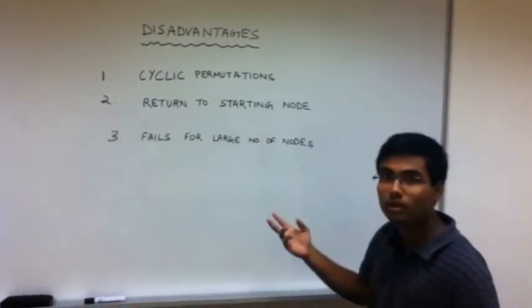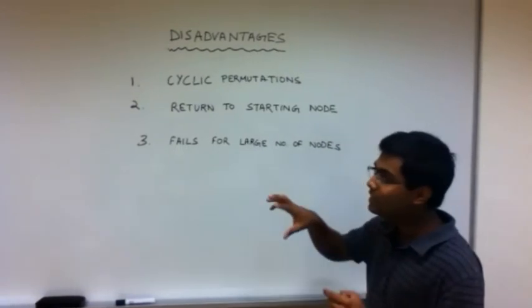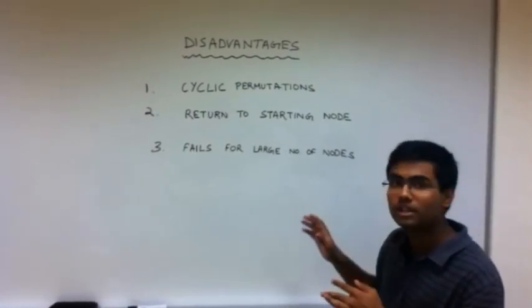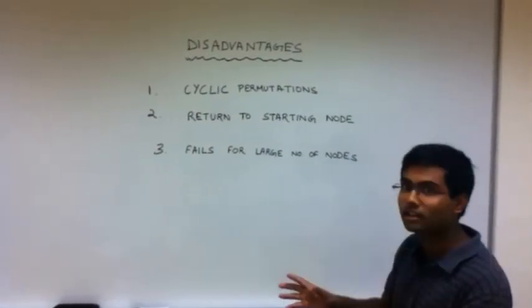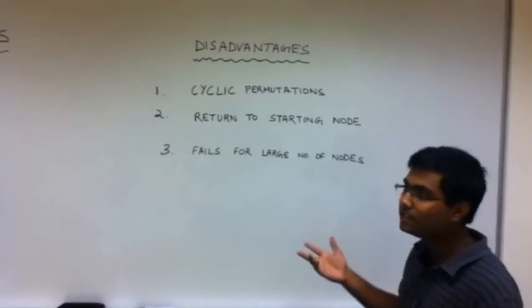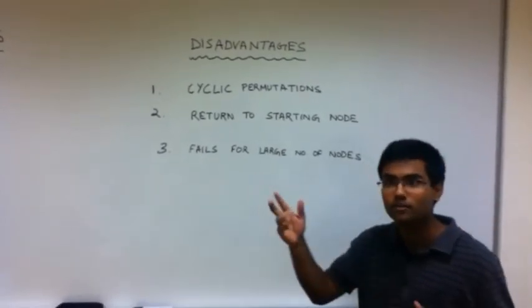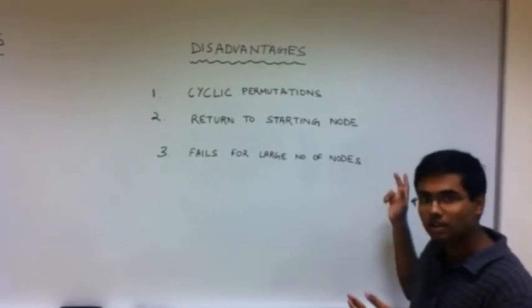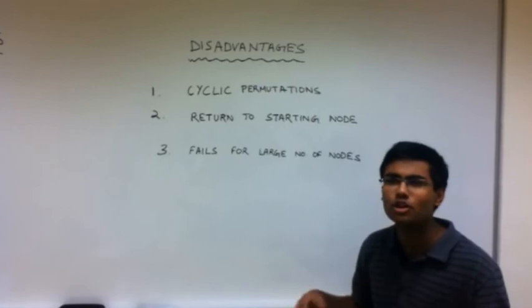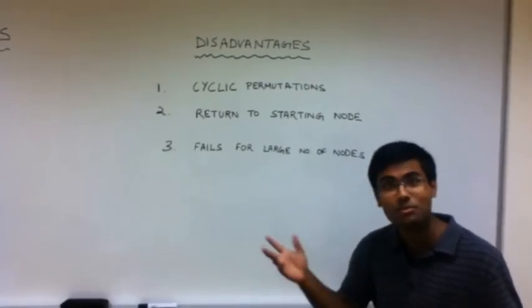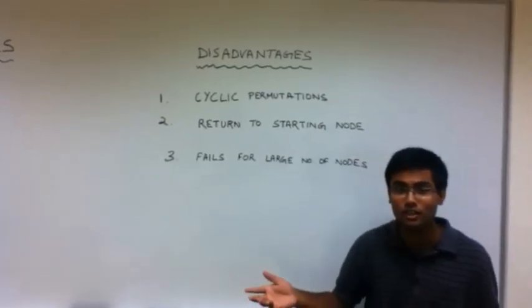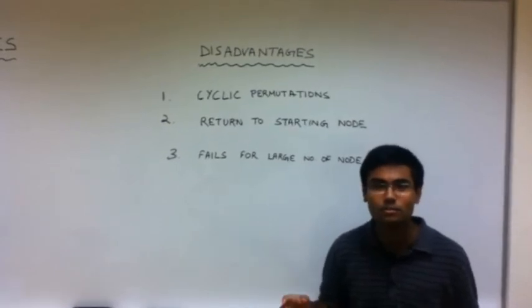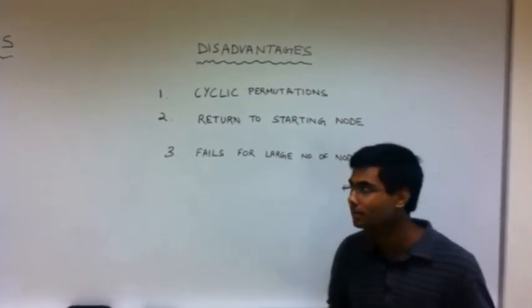The second disadvantage we face is that in the entire discussion of the algorithm, we never mentioned how to get back to the starting node. According to the assumptions we made earlier, all nodes are connected. So what we do is just go from the last node to the first node. Now this is not very optimal, but as we mentioned in the beginning of this video, the genetic algorithm provides a near optimal solution only.